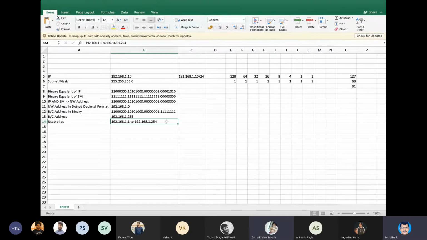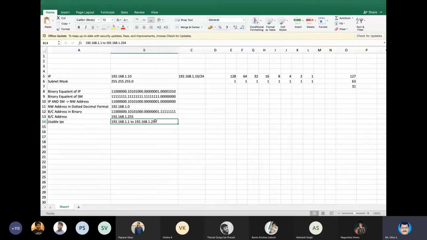In my computer, when I configure IP address, I have to specify 1.254 at the default gateway IP address. It will work fine. It is not necessary that I have to use 1.1. Usually, it's a tradition what administrators follow. That's all. Okay, sir. Okay. Please don't think that it is reserved. It is a tradition. That's all.